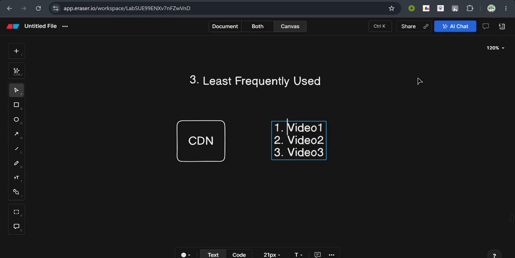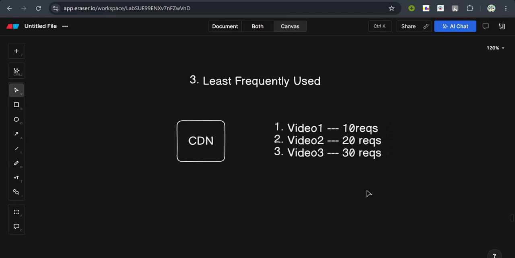Each of these has a frequency with which it got accessed. Let's say video one got 10 requests, video two got 20 requests from the client side, and video three got 30 requests. So this cache memory has the cache of three videos, and video 1 got accessed 10 times, video 2 got accessed 20 times, and video 3 got accessed 30 times.